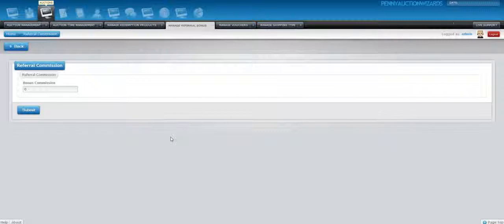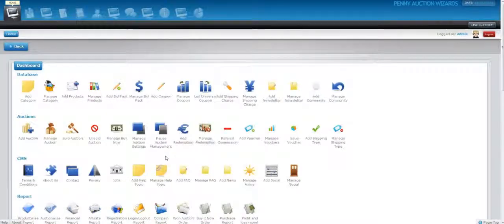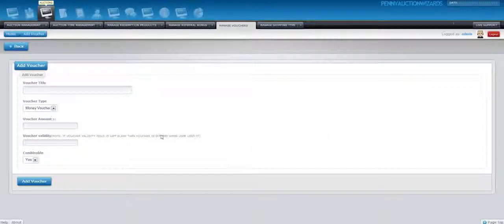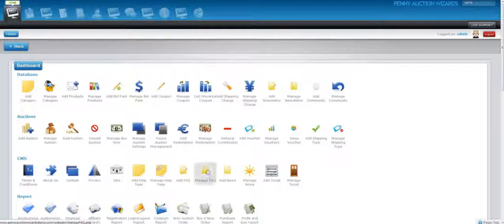Here's where you can set your referral bonus commission. This is how many bids you specify here, how many bids the user will earn based on people that they've referred to your site. We have a cash voucher based system. You can choose a money voucher system and give it a title and specify an amount in dollars. And of course the voucher validity as well you can choose, and you can choose whether they're combinable or not. If you issue that, you can assign those to users